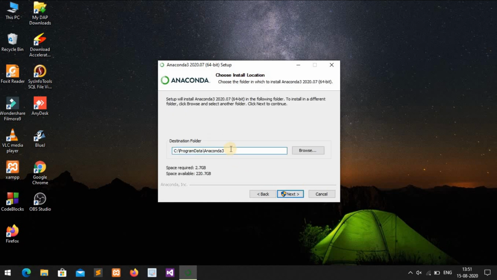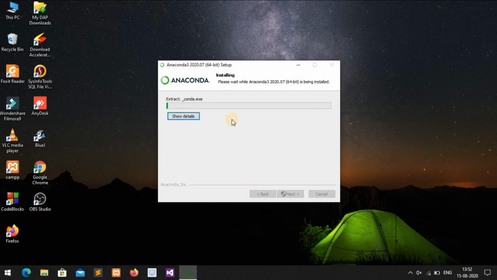By default Python is installed there, so we are using the C drive, program data. Anaconda 3 is the default directory of Anaconda. Click on next for registering the settings, and after that the installation is processed after extraction.